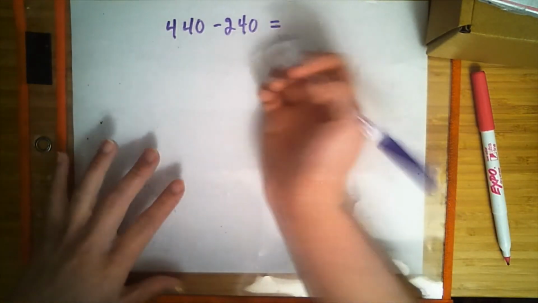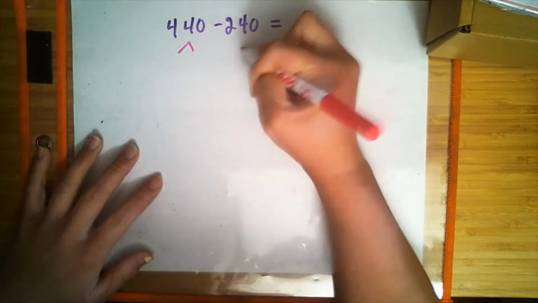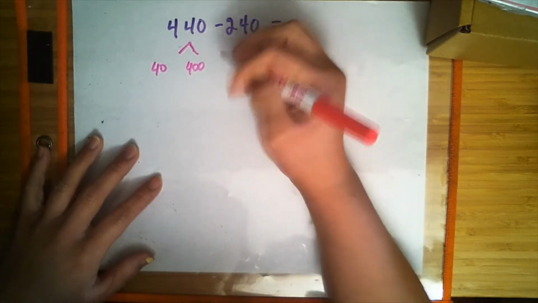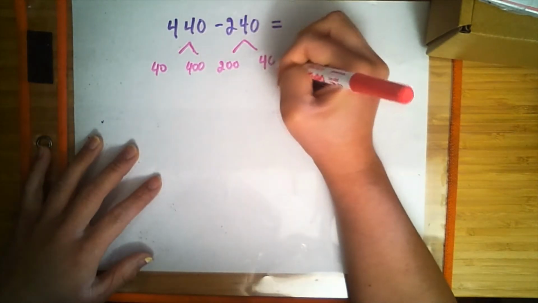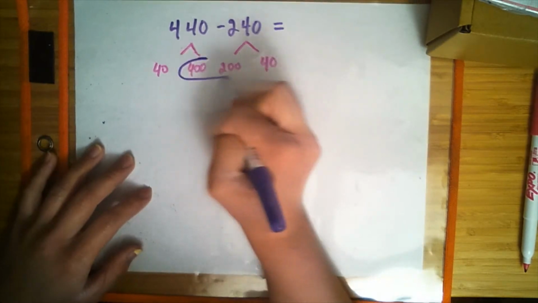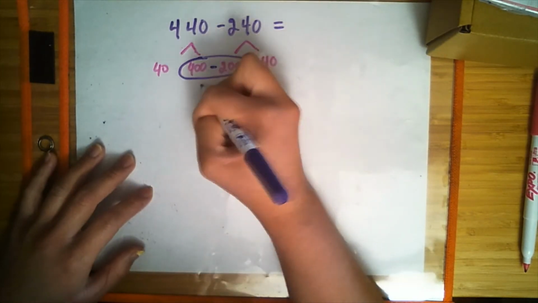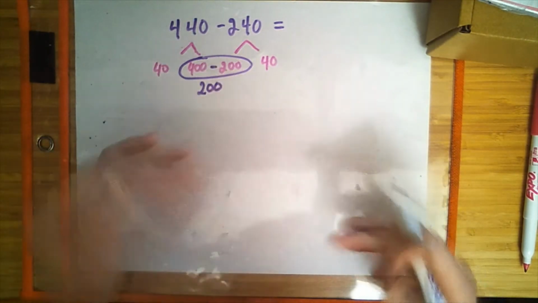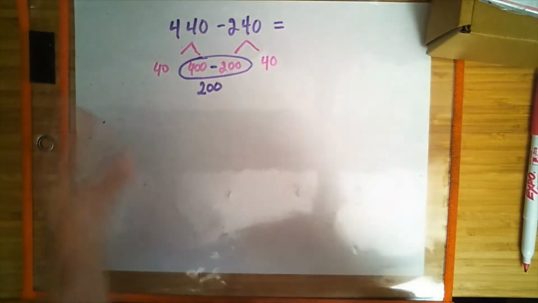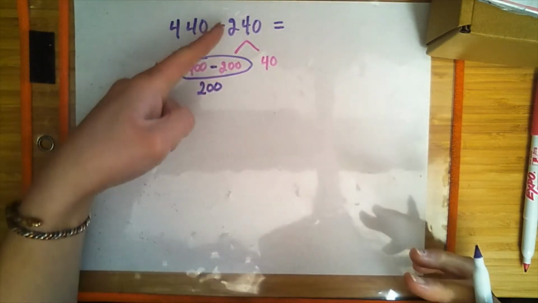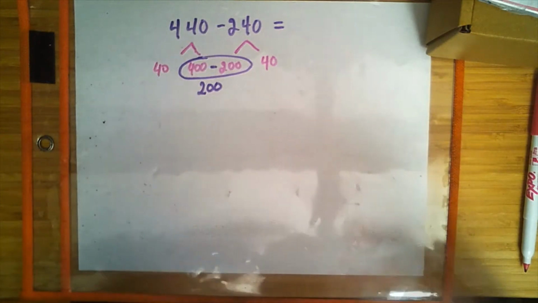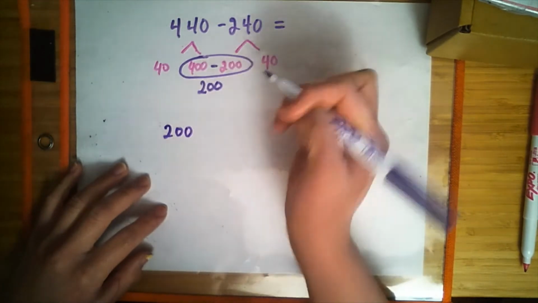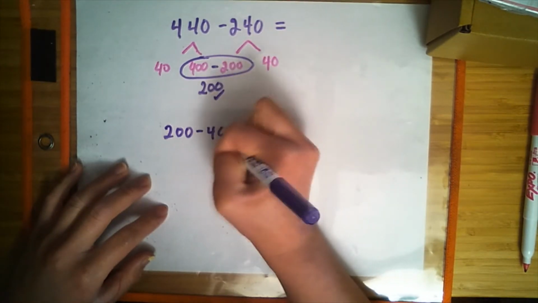the mini number bond. I'm going to break up 440 into 40 and 400, 240 into 40 and 200. I'm going to combine 400 and 200 to easily show 200. Remember, my friends, you're not always adding when you combine like that. You don't always add because you need to pay attention to our order of operations and our operation, which is subtraction in this case. So I'm going to rewrite 200 minus 40